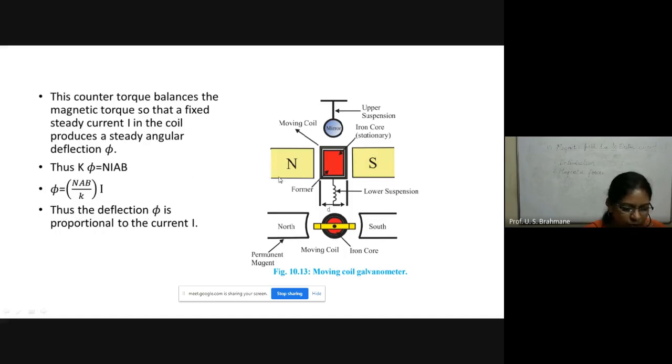How much current flows in this wire, we can get on the screen of the moving coil galvanometer, and then we can measure the value of current flowing through the coil. So this is a very important equation. The question is asked for 4 marks, and we have to give the working and construction of the moving coil galvanometer. This is what we have studied in this chapter, the magnetic field due to electric current. So study this chapter at home yourself.